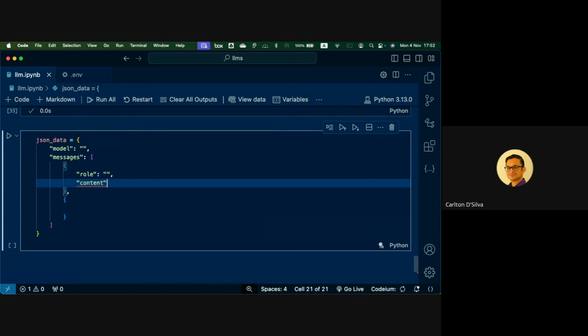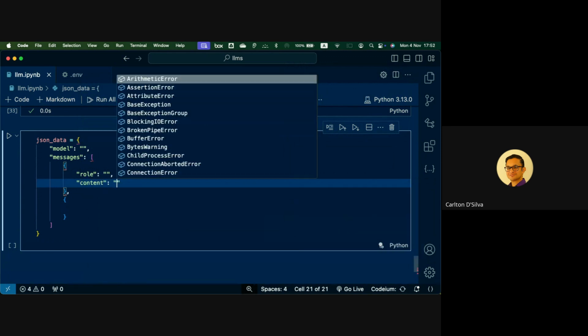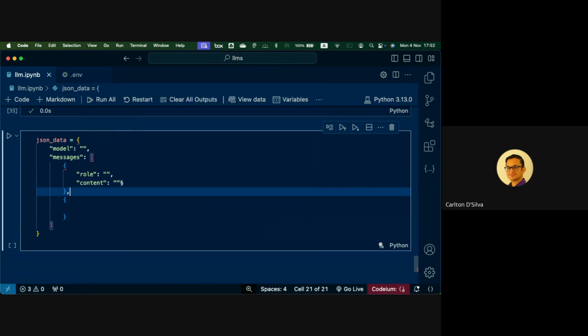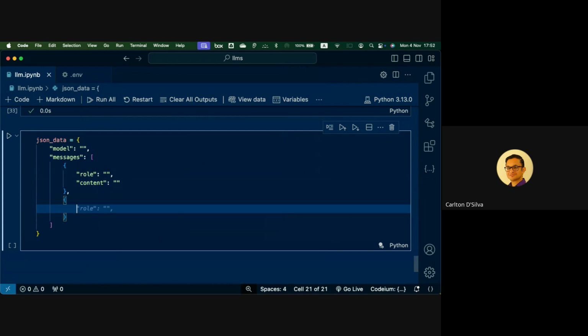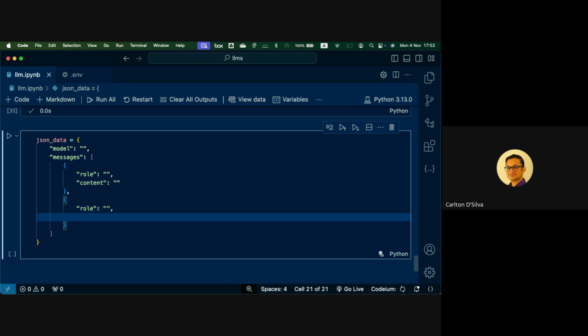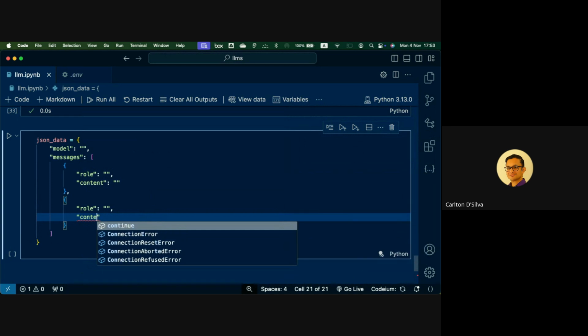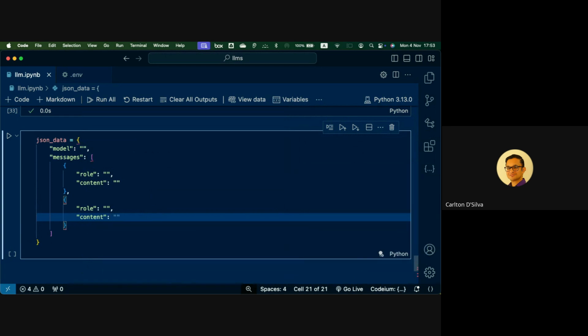You will send some content, and then in the next dictionary, again there will be a role, and then there will be some content. Okay, this is how you send a chat to GPT.